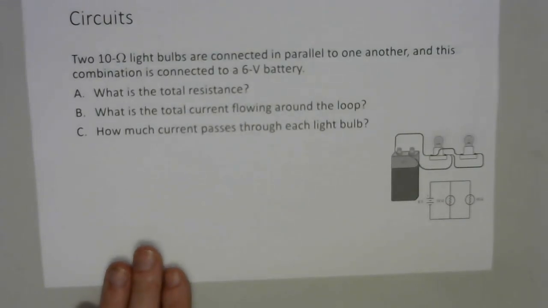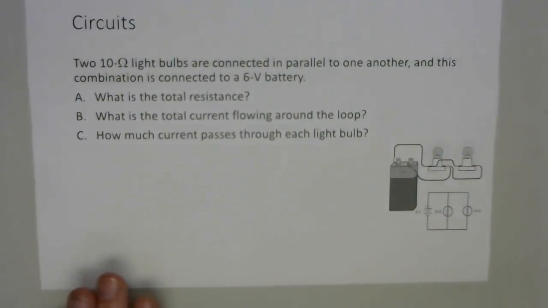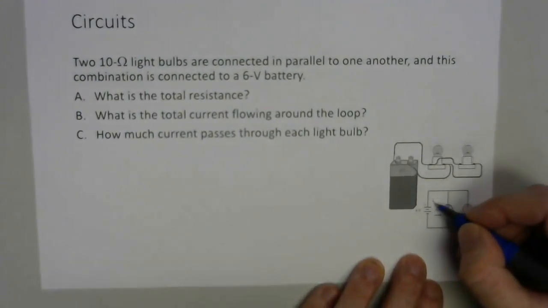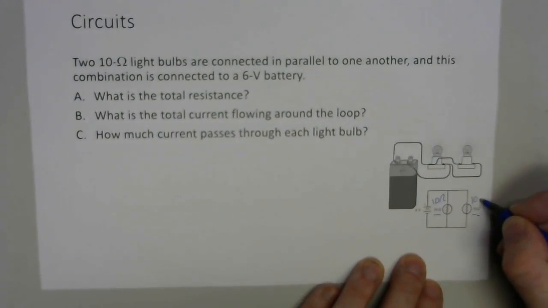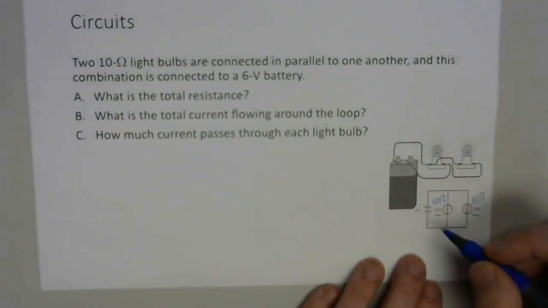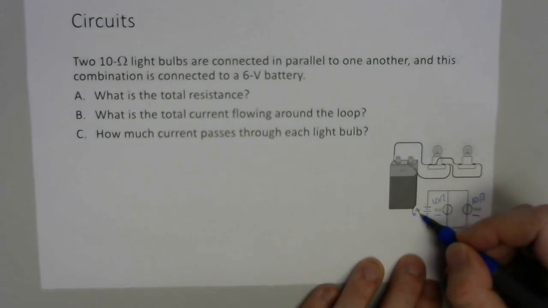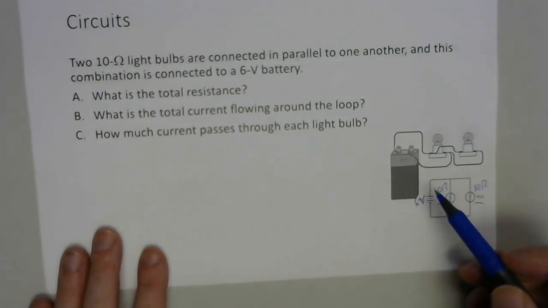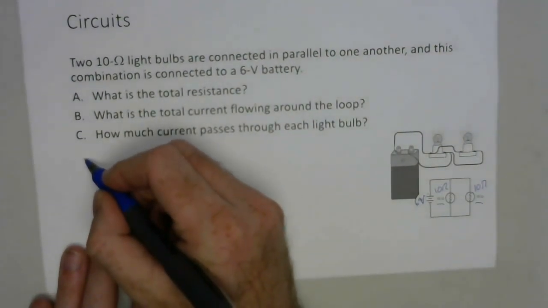Okay, let's look at a circuit in parallel then. In this case, we've got two 10 ohm resistances with a 6 volt battery. And in this particular case, you've got to figure out the total resistance in the battery. But for a parallel circuit, which is what this is, you've got branches. So